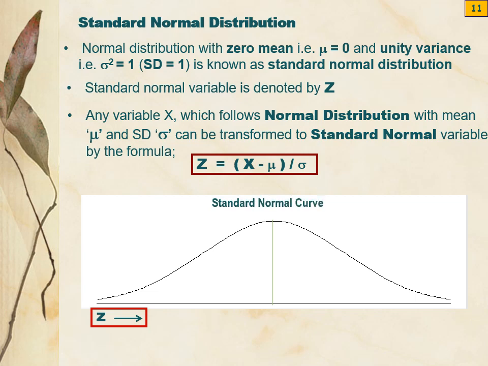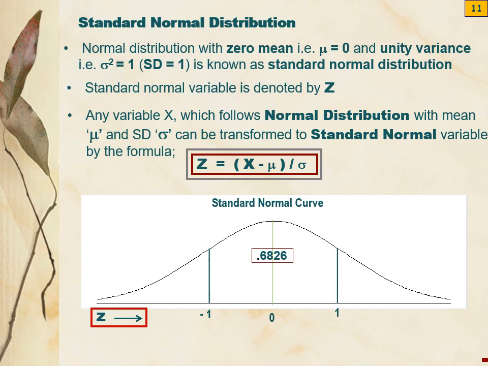And if it is a standard normal curve, what will be the mean? Mean is 0 and sigma is 1. The limits minus 1 and plus 1, these two limits, they are 1 sigma limits, and they will cover 68.26% area, or if you write in proportion, 0.6826 area. And always we use this formula. It's a very, very important formula.